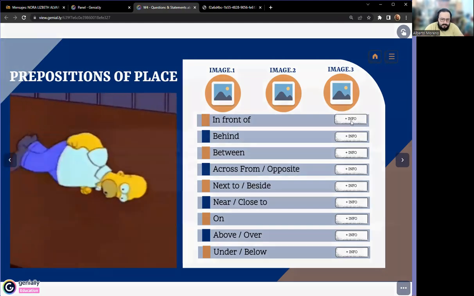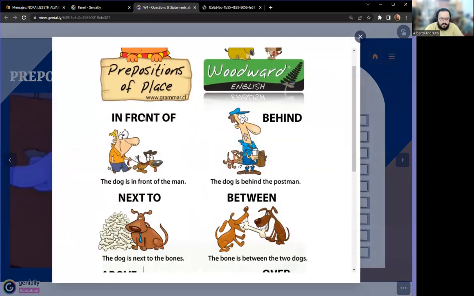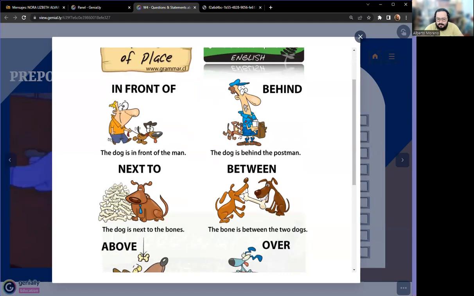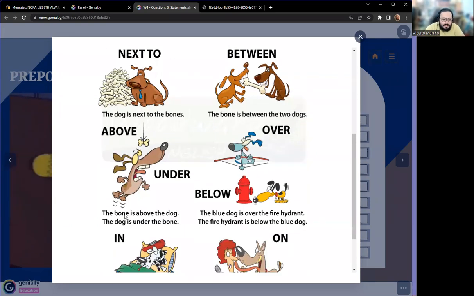que es in front of, aquí las tengo, in front of, que es enfrente, the dog is in front of the man, el perro está enfrente del hombre, behind, the dog is behind the postman, el perro está atrás, behind es atrás, next to, al lado de, the dog is next to the bones, el perro está al lado de los huesos, between, the bone is between the two dogs, el hueso está entre los dos perros, above, que es sobre, y under, que es